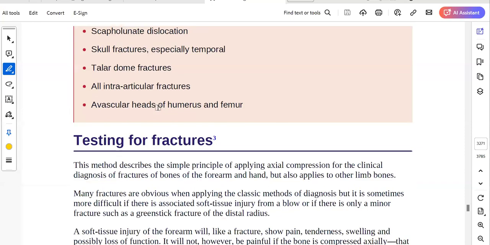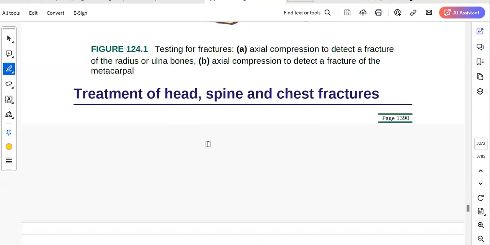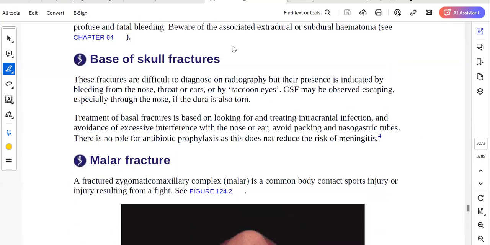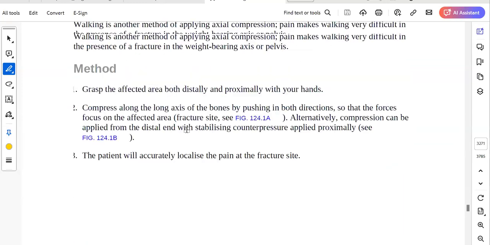Okay, let's start. So first of all, base of the skull fracture. Yeah, so unless we say it is any other edition, if we are talking about GEM, it is always GEM 8th edition because that's the updated edition. Okay, so base of the skull fracture. So we are now talking about the skull fracture, right? So if we see over here,